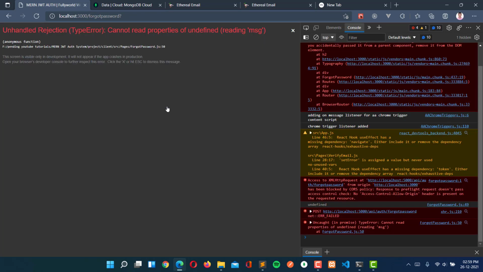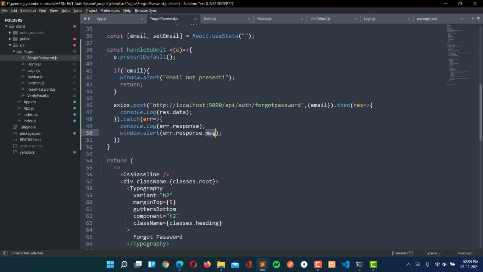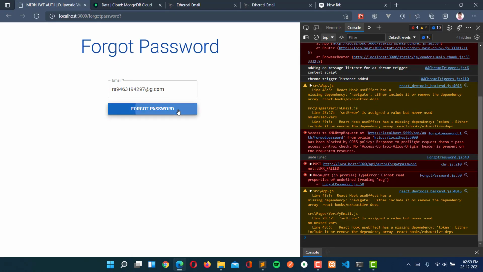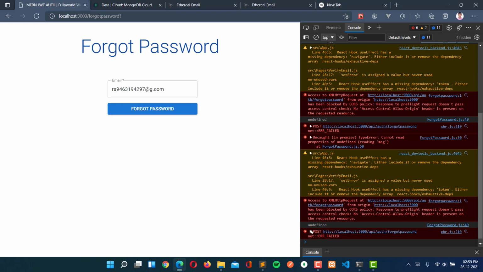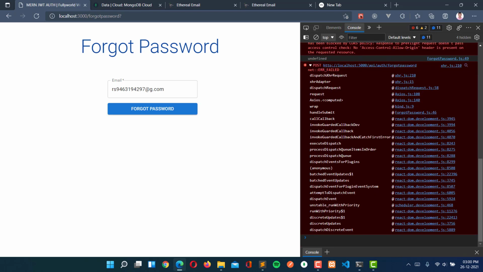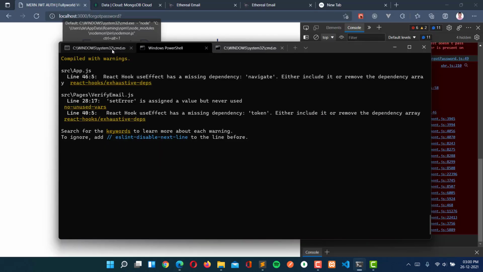Forgot password. So let's remove this error handling, and here we are just going to see error.response only. Click on forgot password. Here we are getting undefined. So error.response is undefined, and let's see what error we are getting.